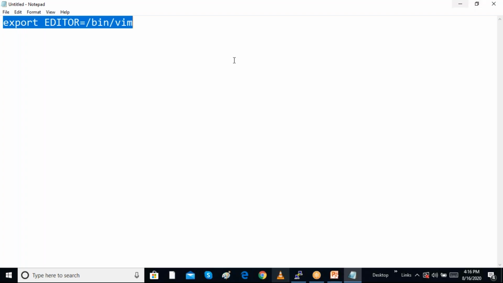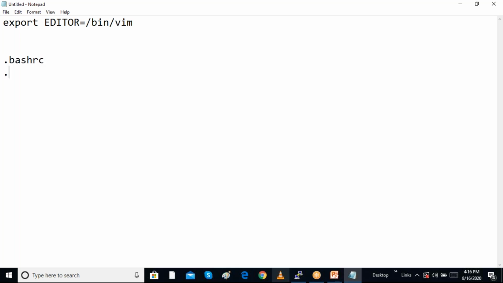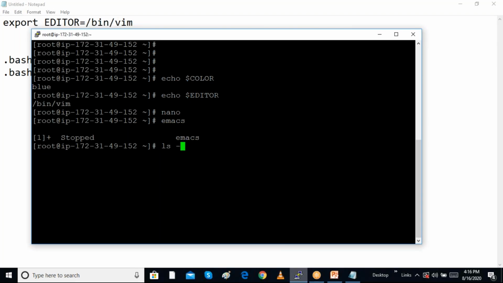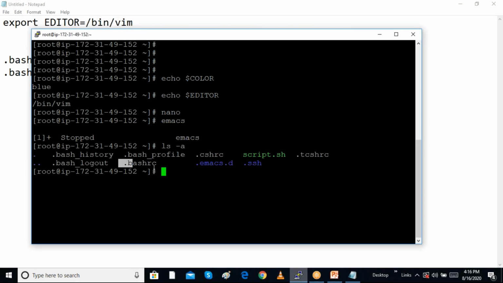If you want to make the variable permanent in the home directory, we have to add it in the .bashrc file or the .bash_profile file. With ls -a it shows .bashrc and .bash_profile both. I can open vi .bash_profile and add it.